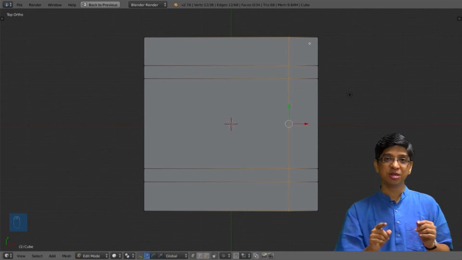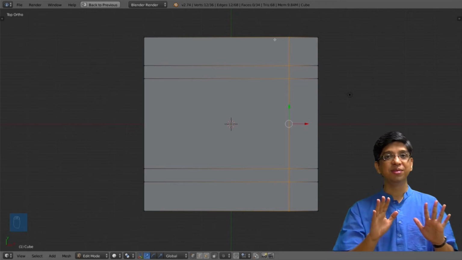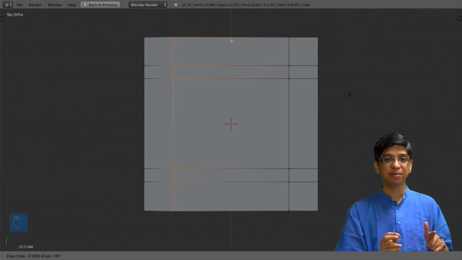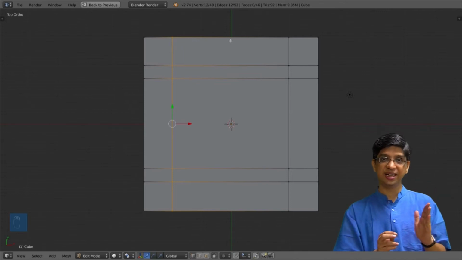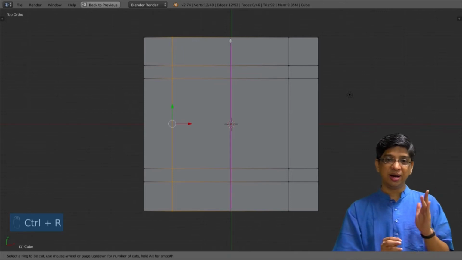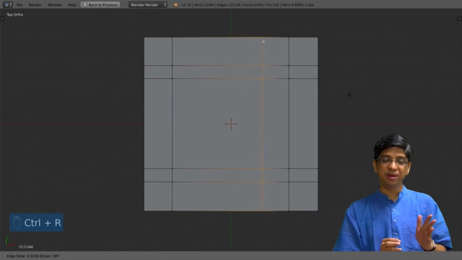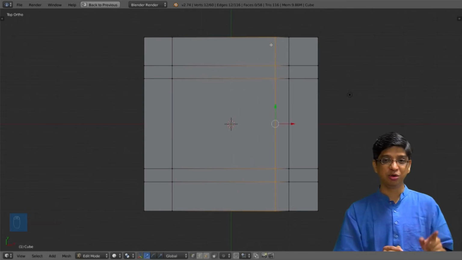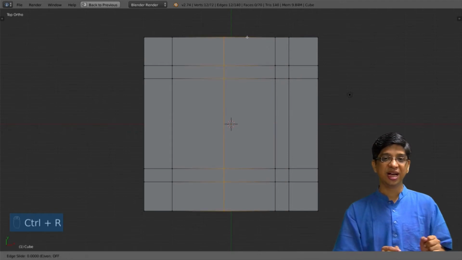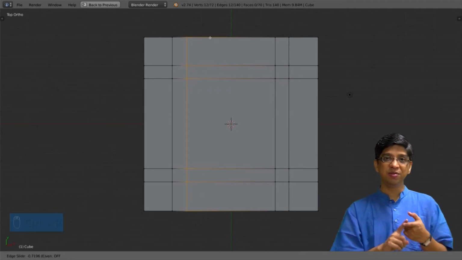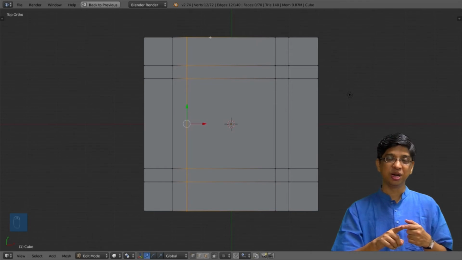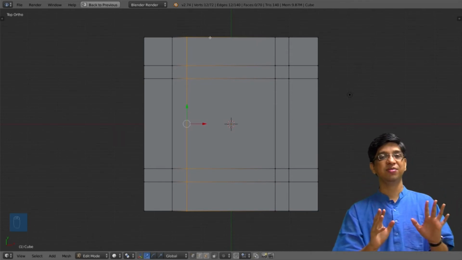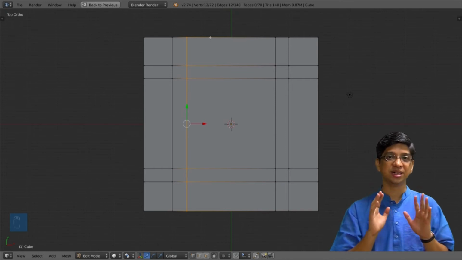After he is done with the position, he will left click and confirm it. Again press Ctrl R, a new loop cut will come in, and he is putting it on the left hand side now. Left click, confirm it, press Ctrl R, add one more loop cut, and finally the last one, which becomes pink first, and when we put it in the proper position it becomes yellow. After left clicking, it is confirmed that the loop cut has been inserted.